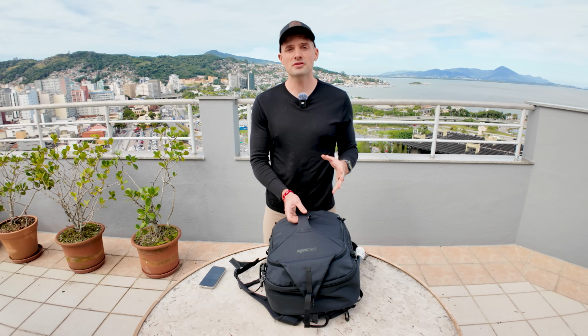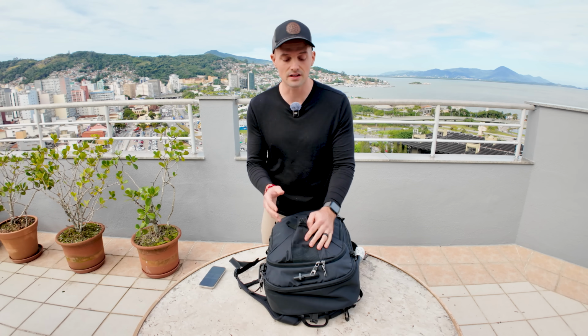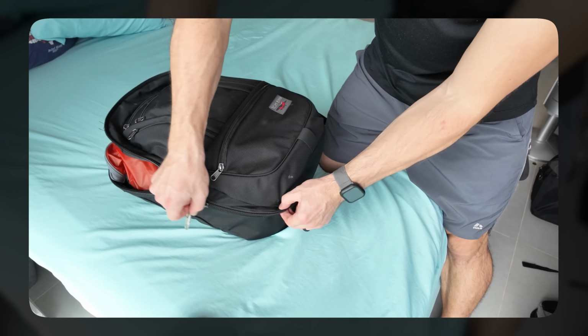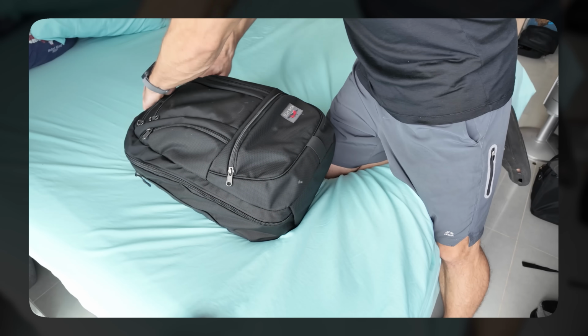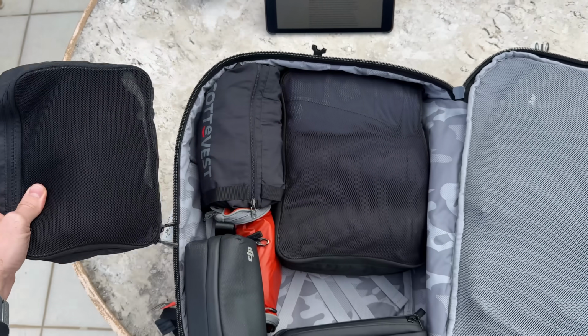One thing about packing for travel security is some people think that it has to add a ton of bulk, and while it can add a little bit of bulk, the trick is being super efficient with everything else, like how you pack your clothes so that you have a little bit extra space. Before we get into more anti-theft tips, I want to quickly show you how I pack to save space and